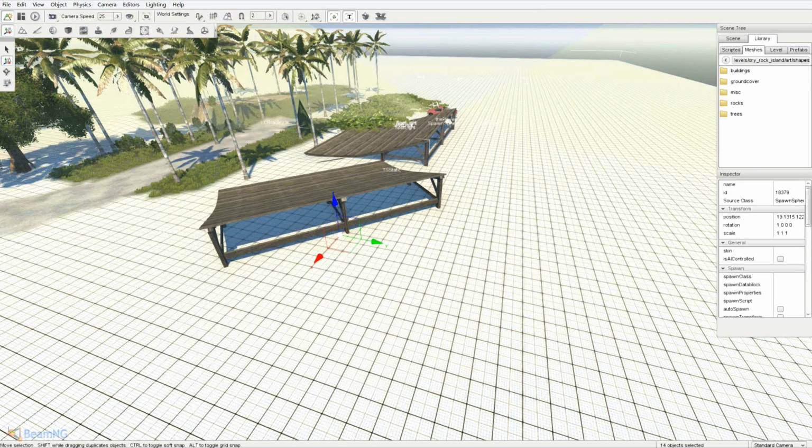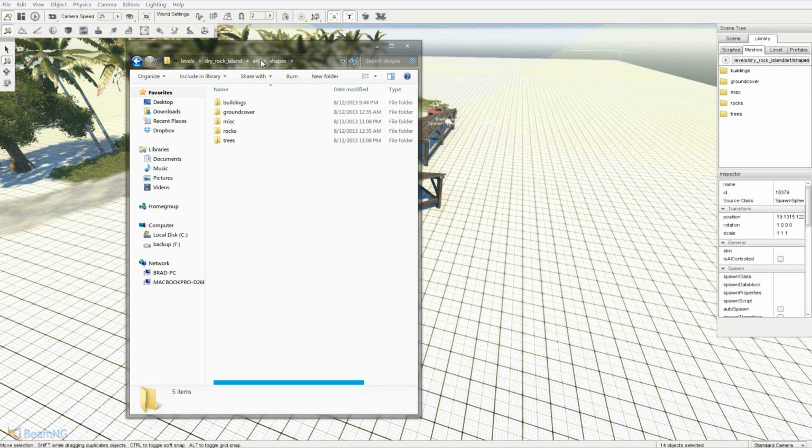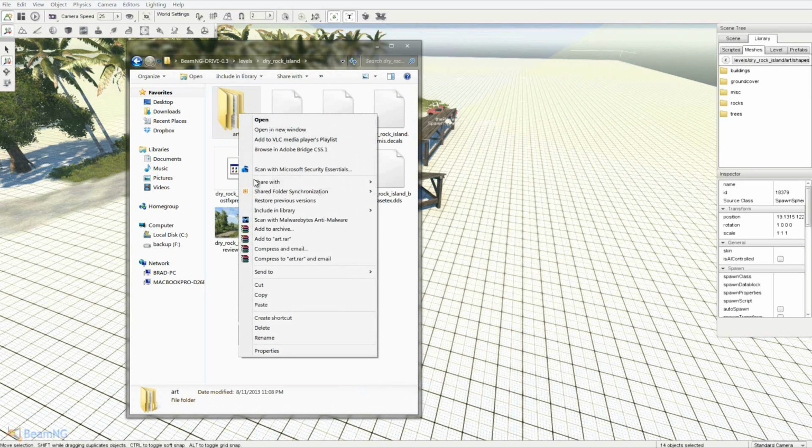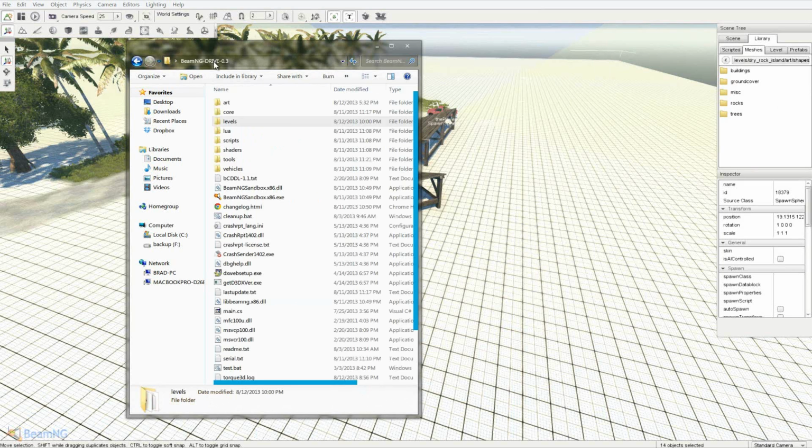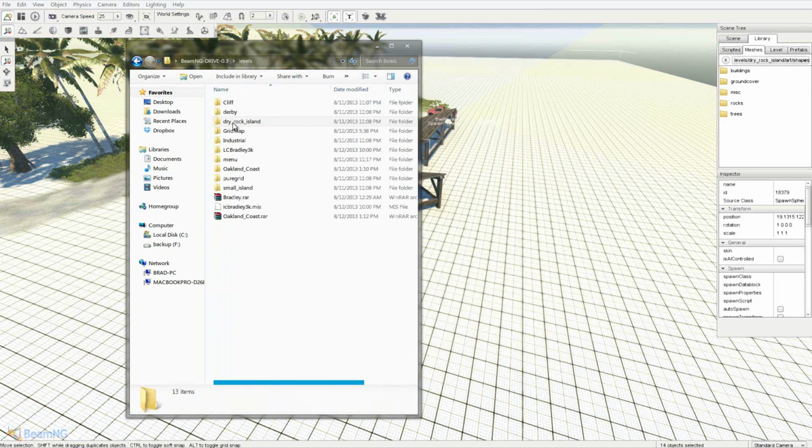Hold on, let me bring this folder back up. Sorry, this tutorial's going downhill. It's alright, it's something. Hopefully it's helping you guys. But we can copy this whole art folder, bring it over to my LC Bradley 3K level,